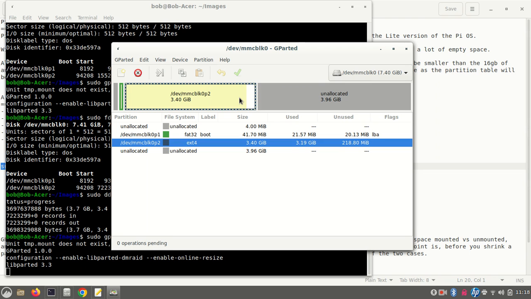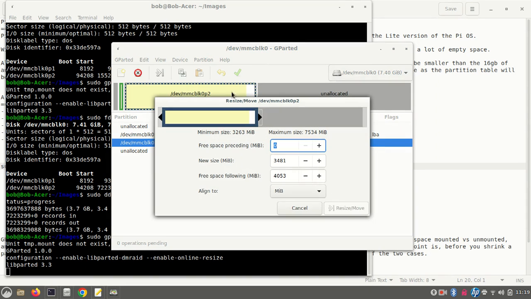All we've done is written a new partition table into the SD card to show the lower amount of partition space. So now when we grow it back to the original size,